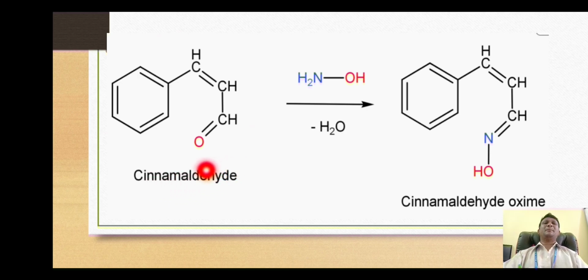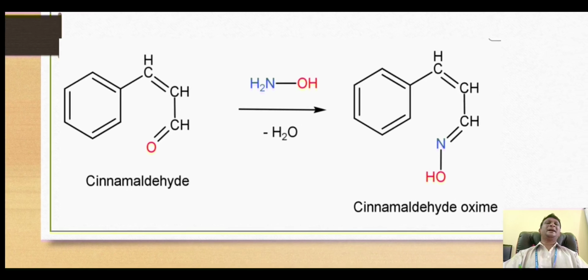Now next move on to the next synthesis, where the starting material is this compound. This is called cinnamaldehyde. Again, it's an aldehyde, and this will react with hydroxylamine. Again, there is an amino group, so we will have the nucleophilic addition reaction on this carbonyl carbon. There is release of water molecule, two hydrogens from this, and one of this oxygen liberated out as water molecule, and thus we will get formation of this compound, which is called an oxime. It is called an oxime because here is presence of this hydroxyl group, so ox, and this imine double bond. So it is called cinnamaldehyde oxime.